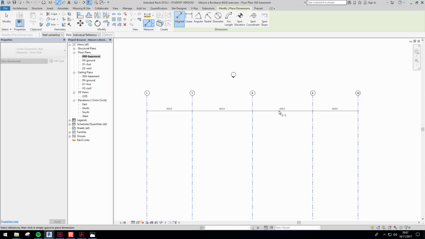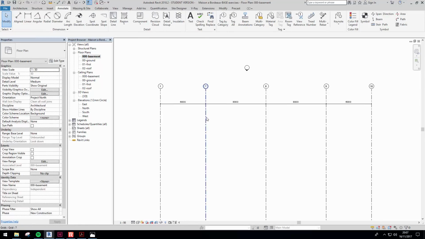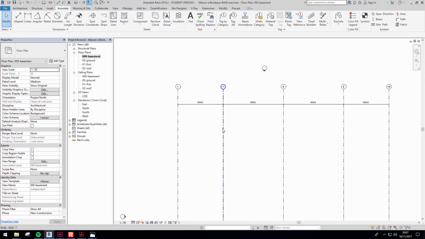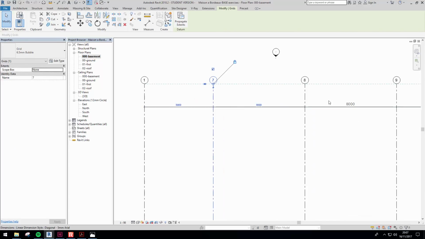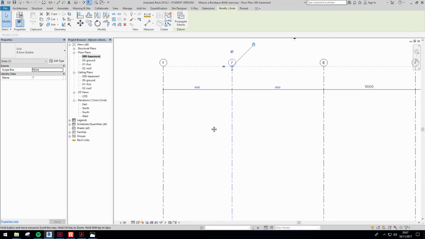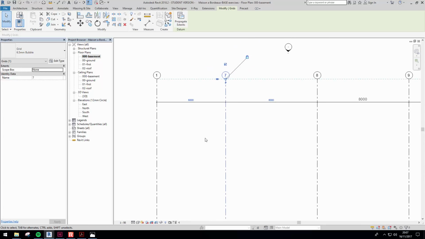Once you're completed, just a left click again, and then press Escape a couple of times, and you've got the dimensions. Now we want to amend those grid lines. So if I select the line that I want to move, so if you want to move an element, you select it, and the dimensions change from black to a light blue, which stipulates that you can amend that dimension. So we're going to change that to 3250,